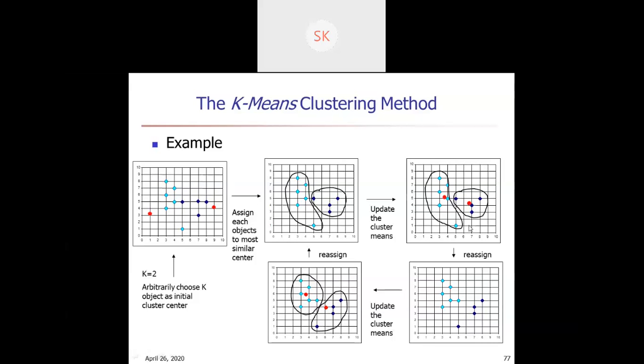Again reassigning. Observe these dark blue 4 objects. Obviously the center will not be here as previously. It gets updated by taking the mean every time we add an element to the cluster, and it has moved here. So this process we carry out to find the minimum distance or the density of the cluster, that is, much more similarity within the cluster and not similar or far away when we are comparing the intra-cluster similarity.